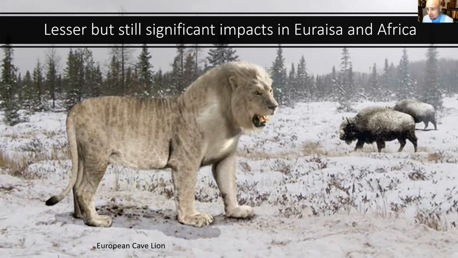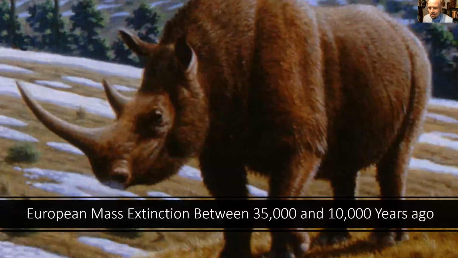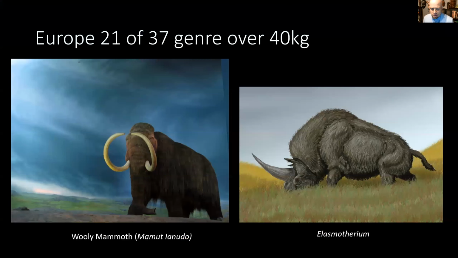I favor overkill just because of all the coincidences. And when we look at other areas of the world where humans had a longer presence, we do have mass extinction of megafauna in places like Europe, but it's less pronounced than it is in other parts of the world. And so people migrate into Europe about 40,000 years ago, and there are extinctions 35,000 to 10,000 years ago in the area. There are things like woolly mammoths, woolly rhinoceroses. So 21 of 37 genera, but there are significantly more genera that survive.